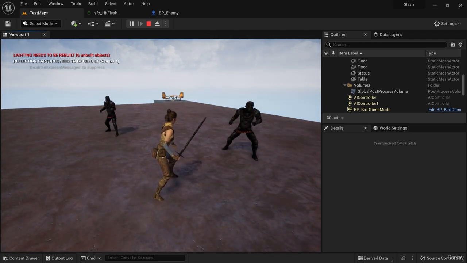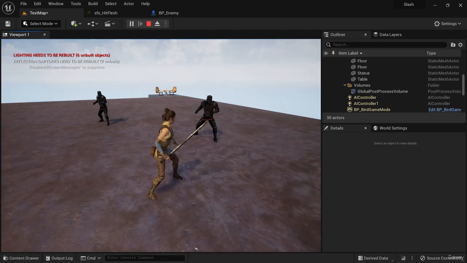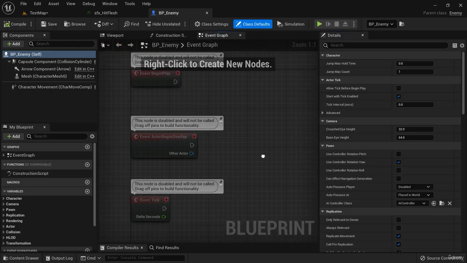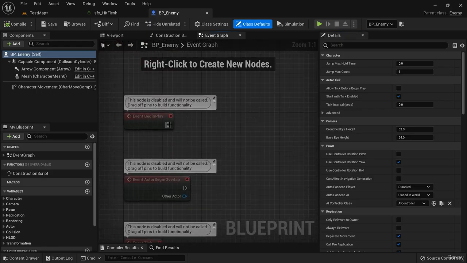Now, let's talk a little bit about this play sound at location thing. You see, you might have caught when I told you that play sound at location will play the sound at a lower volume if it's farther away if we set it up correctly. Now, we haven't set it up correctly for that to work, and I'm going to prove that to you by going to BP Enemy and opening the full blueprint editor,